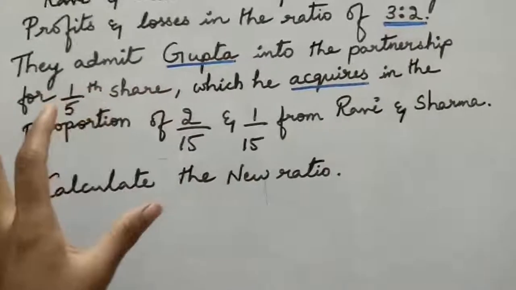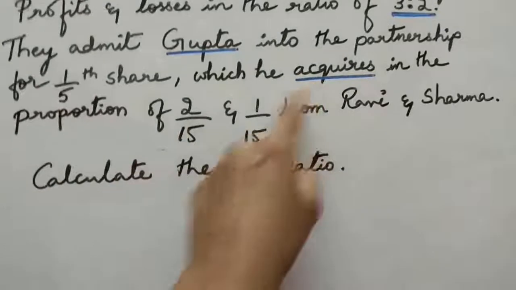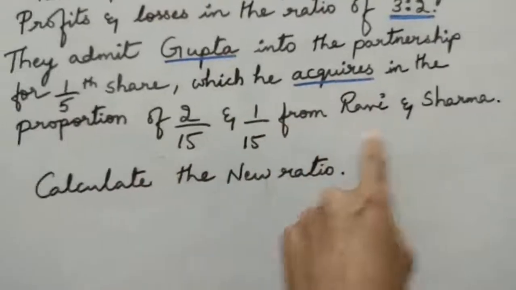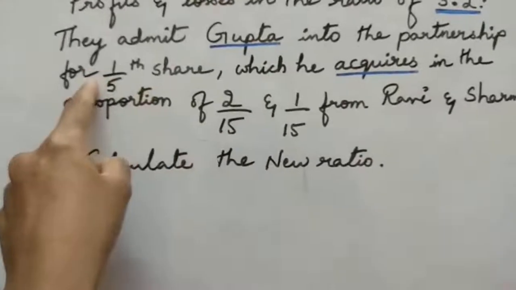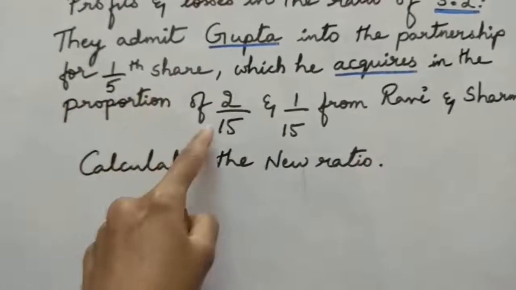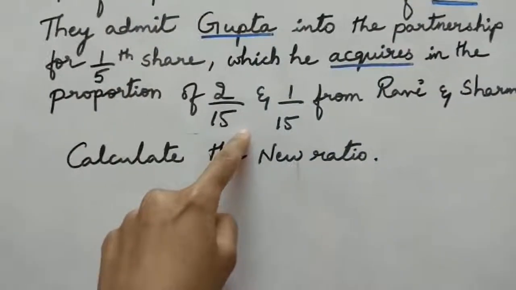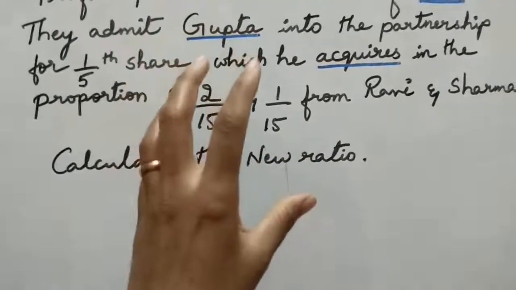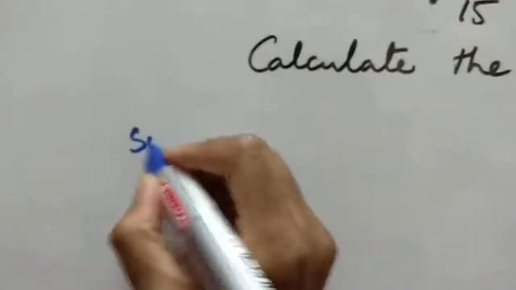Do you all remember the last case which I said in the previous video? When he acquires in a proportion, it means Ravi and Sharma are sacrificing in this ratio the share to him. That is going to be the sacrificed share. So they have given the old share as well as the sacrificed share. We are going to go for the simple calculation to find the new ratio. So the question is: calculate the new ratio. Going for the solution,